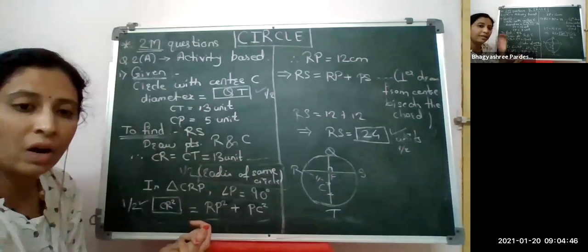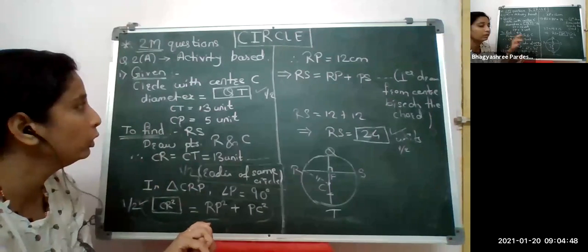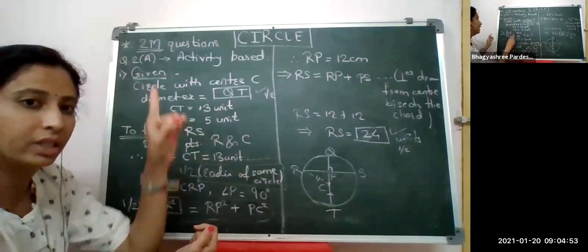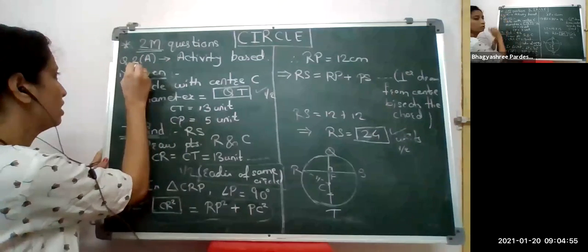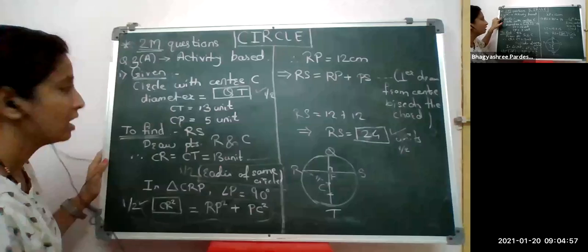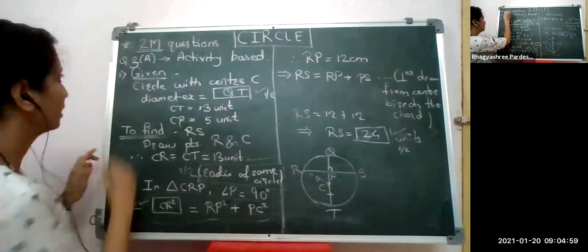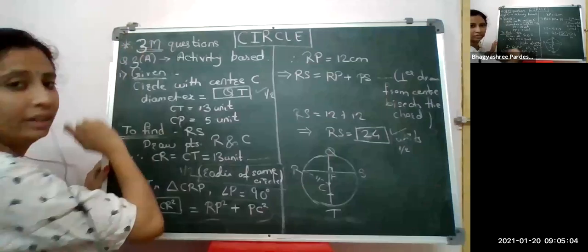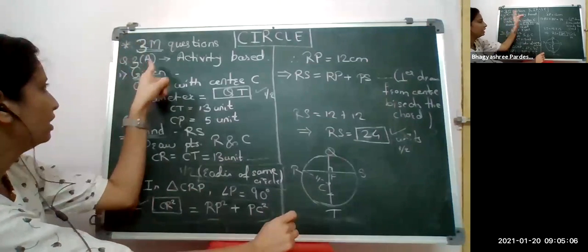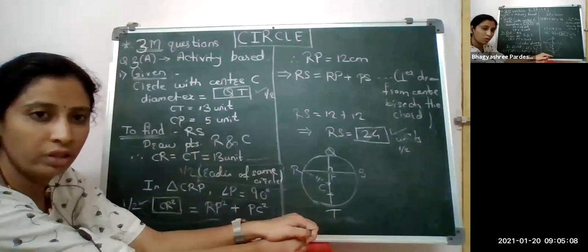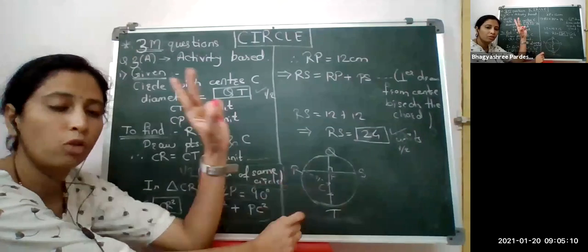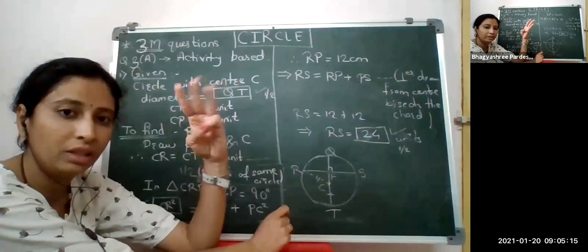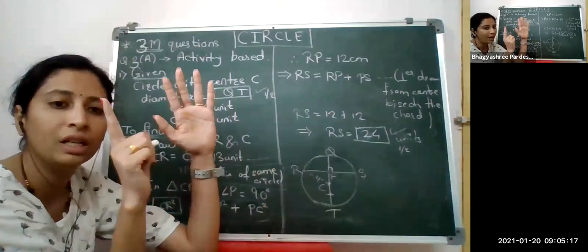Now, the same question, I'm going to convert it into a 3 marks question. Yes, question number 3A. This was 2A. Now I'm converting it into 3A, and 3A is of 3 marks. Each question carries 3 marks. Again, 3A is an activity based question. What I said earlier, for 2 marks we have to fill 4 blank spaces. So now it is 3, so let's double it. Here we have to fill 6 blank spaces.